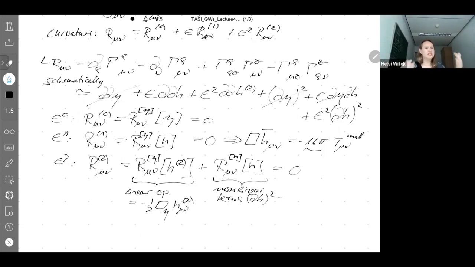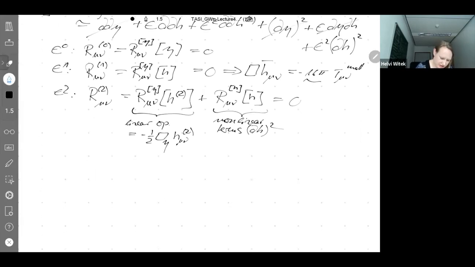Let me just continue conceptually. So what I will do now is basically look at Einstein's equations at second order in the expansion. And that will allow us to define an effective energy momentum tensor in terms of the quantities that we've written down here. And in the end, I will give you an expression for this effective energy momentum tensor in terms of the metric without going through all the detailed sub-steps, because that's not very illuminating and you can follow at home. But let's continue with what I just said. So I'm not going to write out the second term explicitly as it's quite lengthy, but conceptually what we would do now, so the strategy